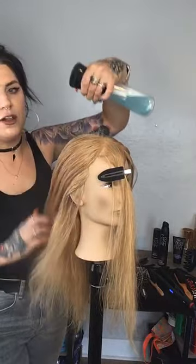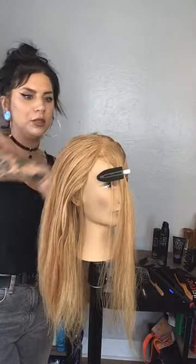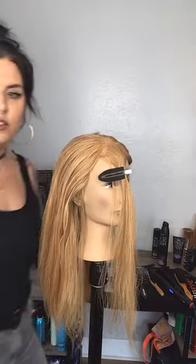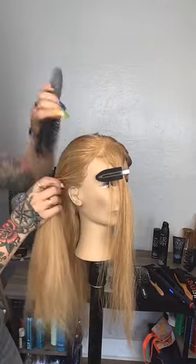I'm focusing here on the front of the hair because this is the part of the bun that is that sleek look that we're looking for, right? Now, if someone wanted to do that wet look and that kind of sleek look back, but not have it pinned up,